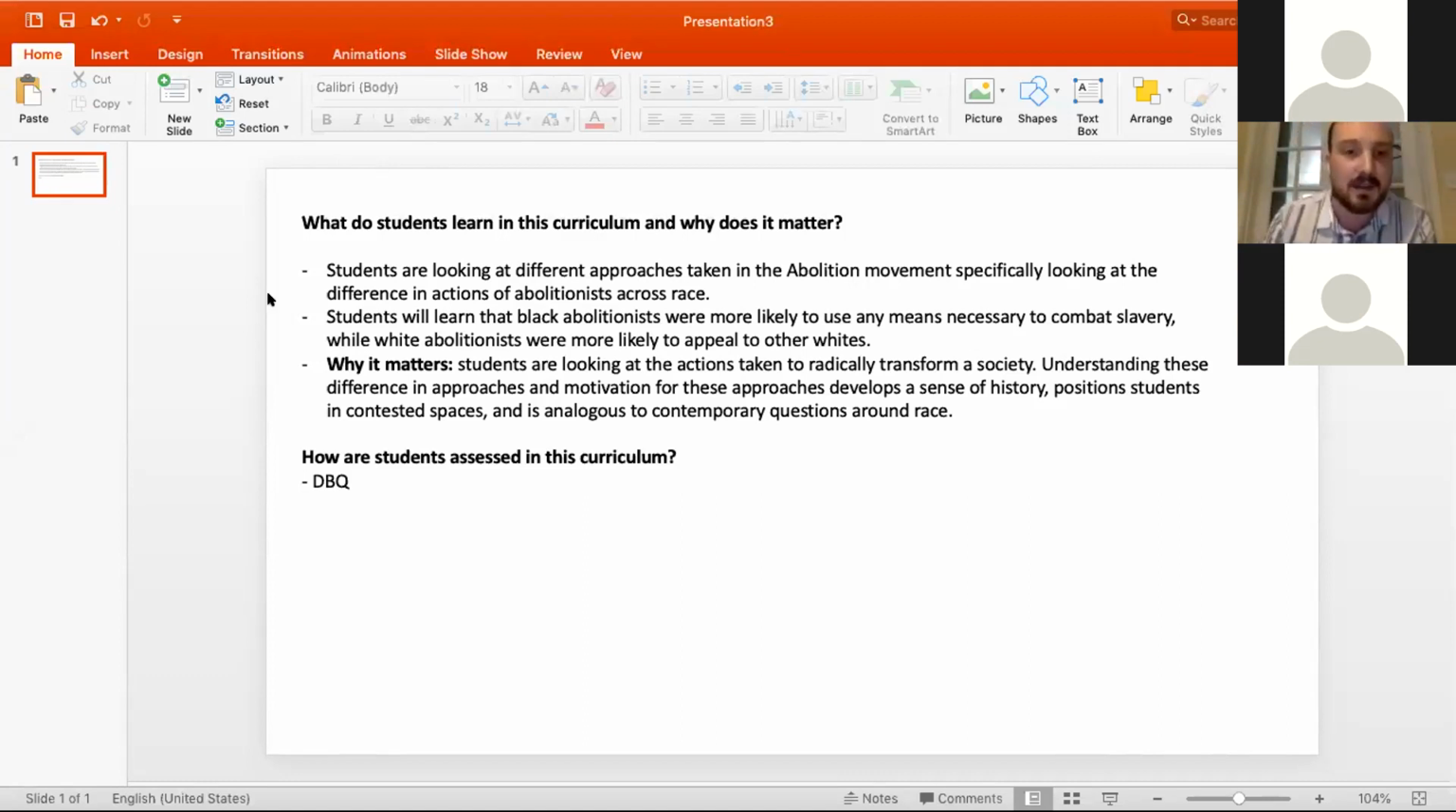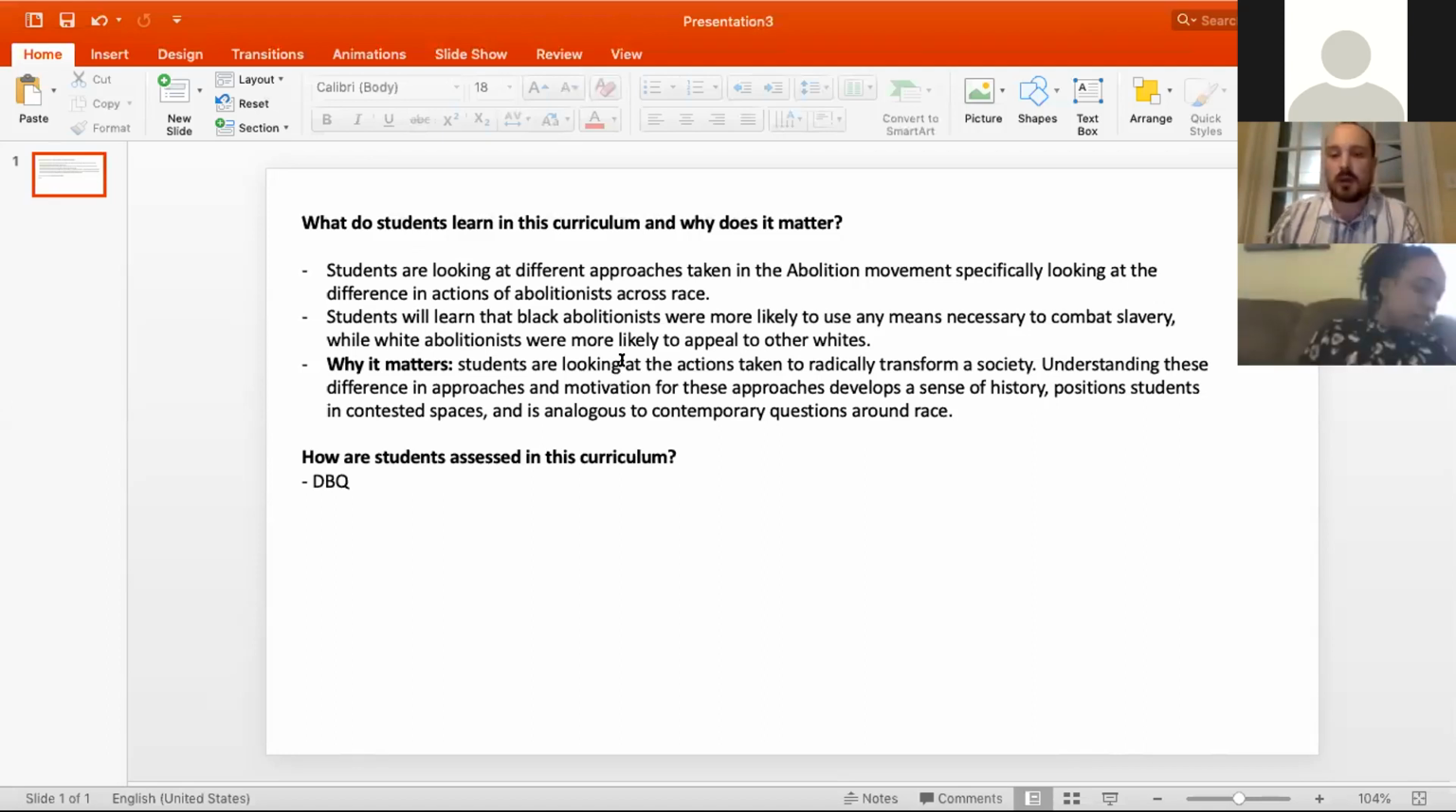The lesson I chose was relatively similar to the one that Jasmine chose. This is lesson 5, and in lesson 5, students are looking at the different approaches taken in the abolition movement, specifically the differences of white abolitionists versus Black abolitionists. Students will learn that Black abolitionists were much more likely to use, as I called it, any means necessary to combat slavery, talking about Nat Turner's insurrection and rebellion, while white abolitionists were more likely to appeal to other whites. Also, Black abolitionists were much more likely to use political